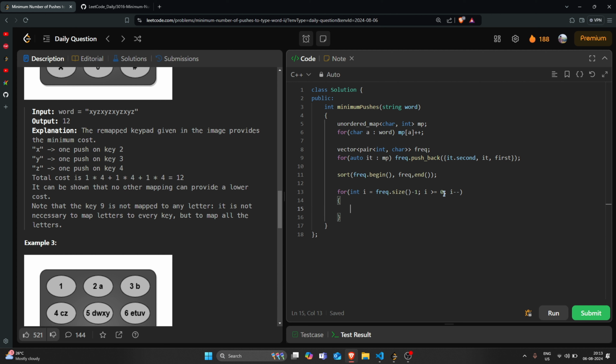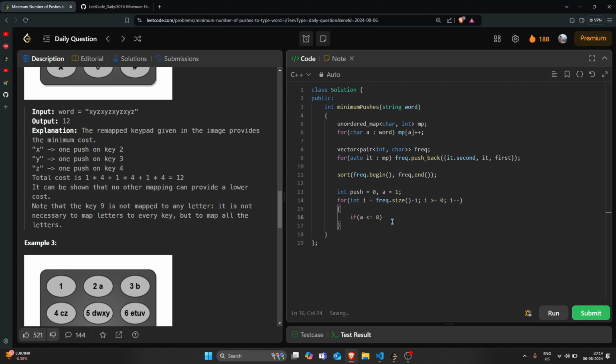I'll make an integer, a, equal to 1 at first, that will count the number of characters that I have mapped. I start with 1 because I will not use a zero-based index. If a is less than or equal to 8, because I have at max 8 keys which can be mapped,